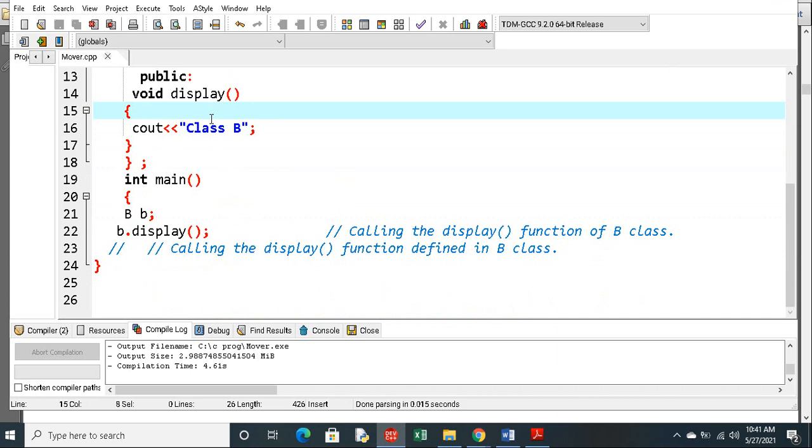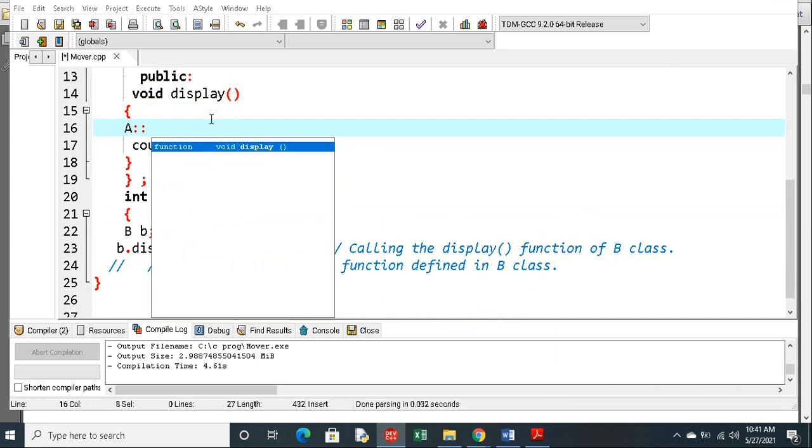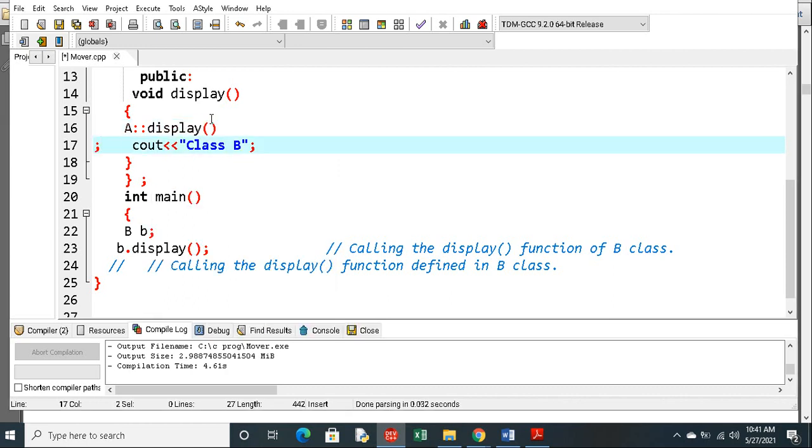So in this, if I call A scope resolution display, what will happen?